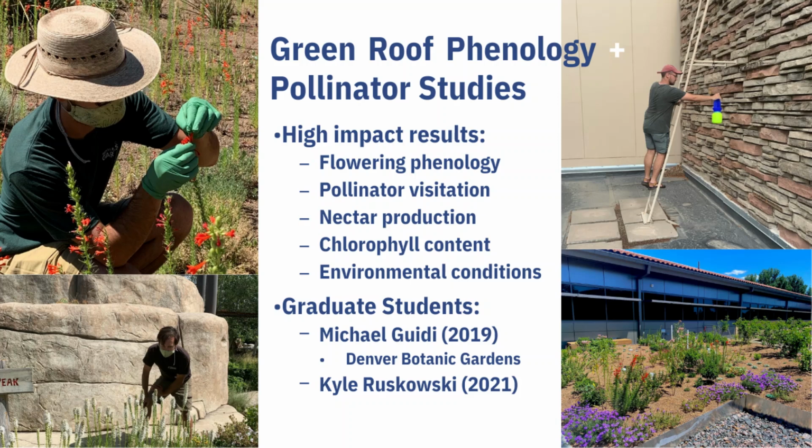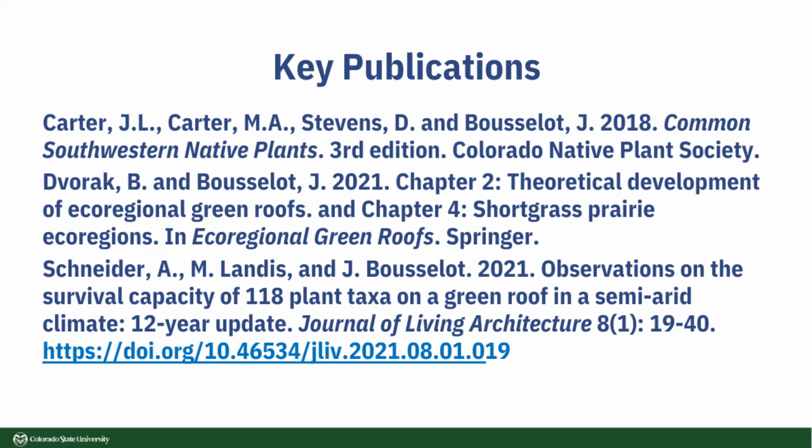So just a couple of publications I want to mention. Of course, Common Southwestern Native Plants, available here. I give lots of these talks just so we can sell more. I've also published a couple chapters in a book, Eco-Regional Green Roofs, with a dear colleague of mine at Texas A&M, and then we wrote a paper on the 118 plants that were up on that green roof. It's this green roof right here at the Denver Botanic Gardens. And so we literally go through and report on